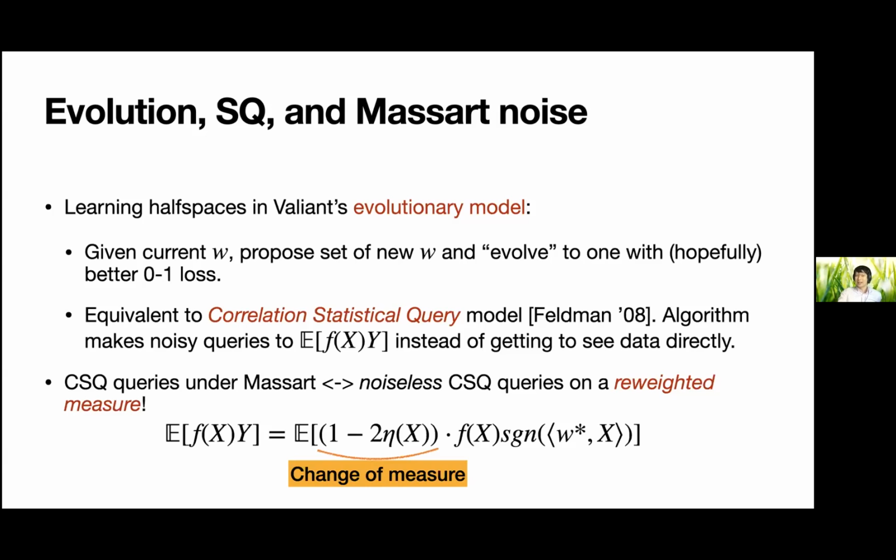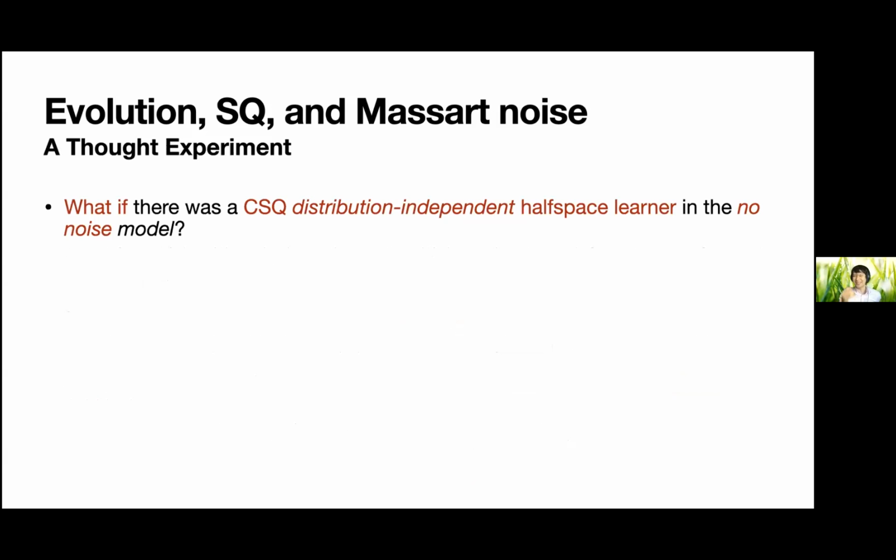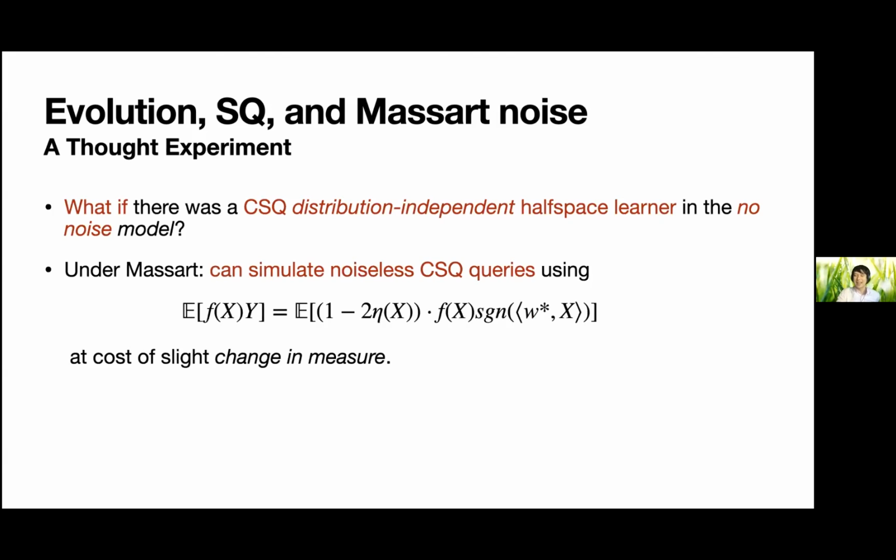And OK, why is that useful? This would actually be a really good way to come up with an algorithm to get error OPT plus epsilon. That's somehow the easiest way to think of it. Suppose there was a good algorithm for learning half spaces using only CSQ queries. Well, I can actually simulate noiseless CSQ queries in the Massart model, because whenever I make a CSQ query, I just get the result of the noiseless query on a slightly different distribution. So if I had a general algorithm for learning half spaces that works in this very special CSQ model, you would basically just use the algorithm and it would be guaranteed to work for any Massart half space learning problem.